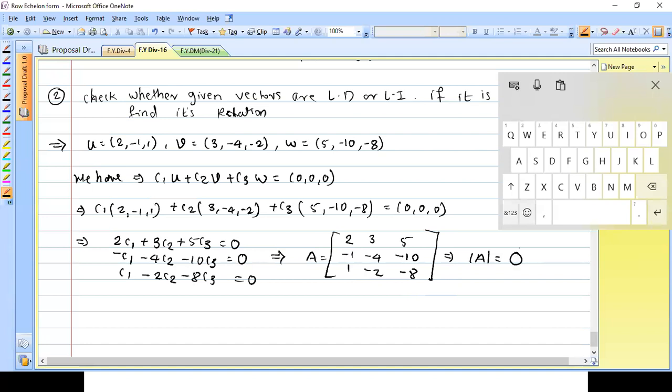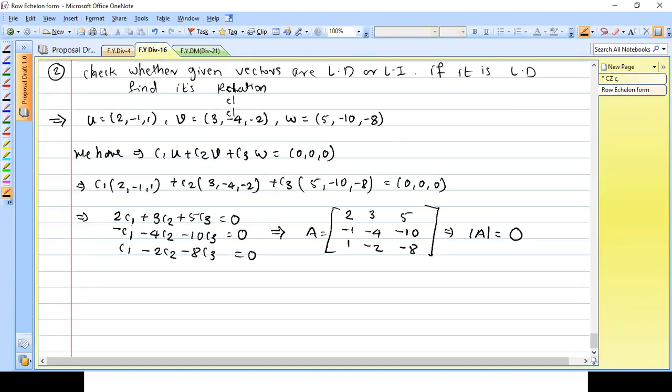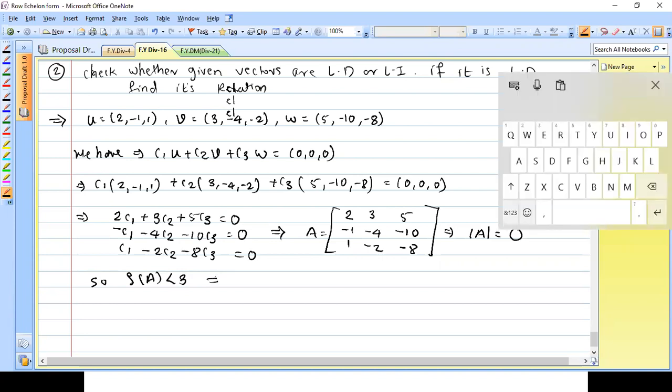When the determinant comes 0, then what do you need to do now? Check whether the rank is equal to 3. No, so the rank is less than 3. What is the meaning of that? So you can write here, rank of A is strictly less than 3. So what does this imply? This implies vectors are